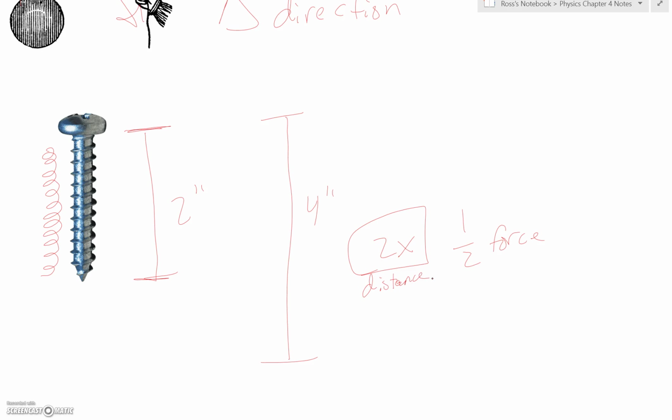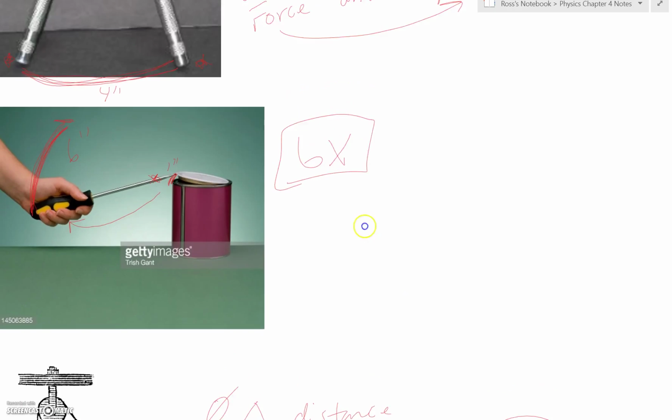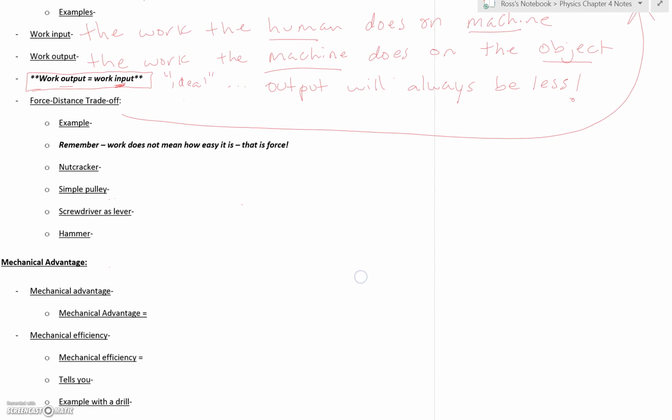So since the whole point of this screw is to get it stuck in the wood and hold the wood together, it's going to take a lot of work if we don't have such long threads. If there were just 2 threads like that, we're going to have to turn a lot more because the distance is going to be shorter and it's going to be harder work on the screw than if we have all of these tiny little threads. Theoretically, to make it even easier, we could add lots and lots of little threads, which would increase that distance traveled even greater and make the force that we have to apply even less. So if we work back up here to the notes,